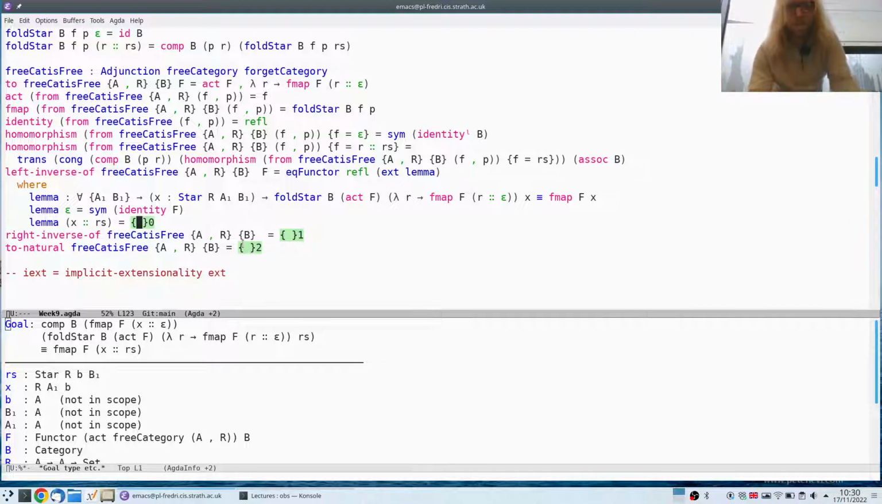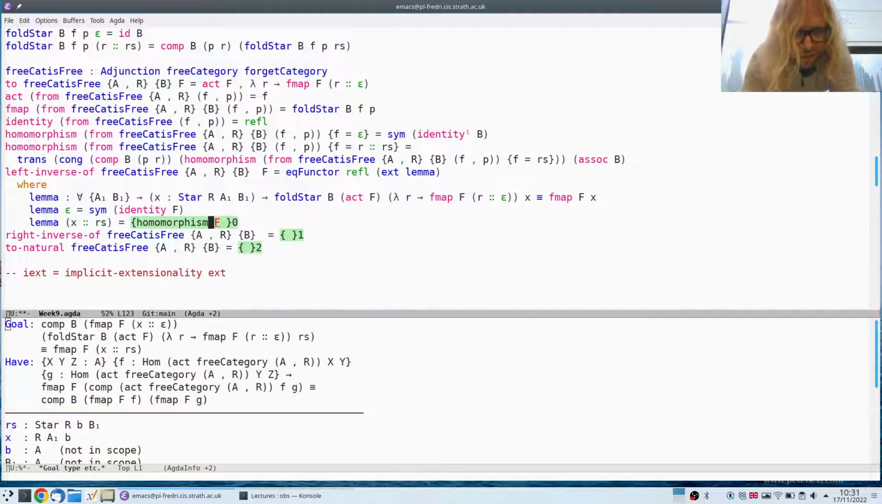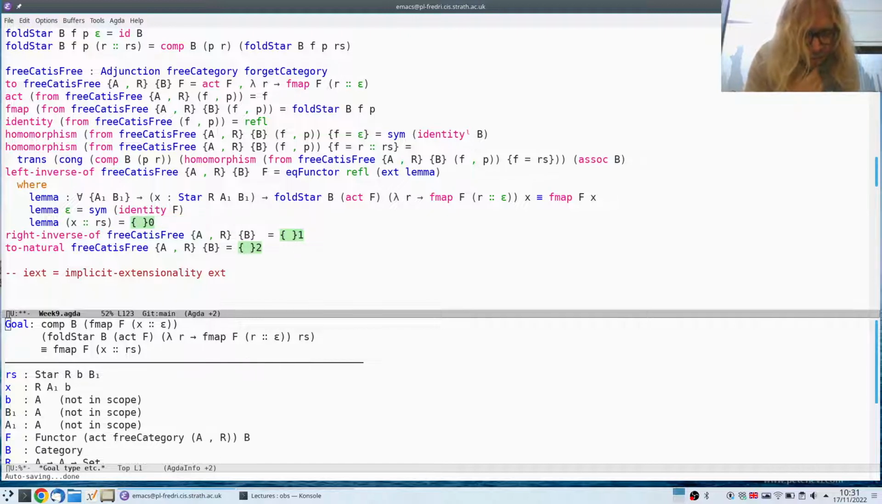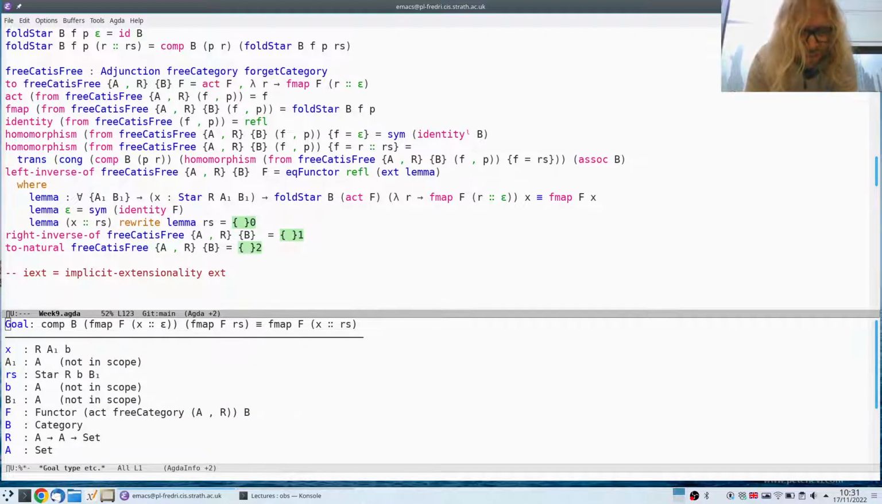Is that right? Right. You've got an induction hypothesis. Yeah, that will turn your fold star into an F map. Right. And now you should be good to talk about. Right. So now I can do homomorph